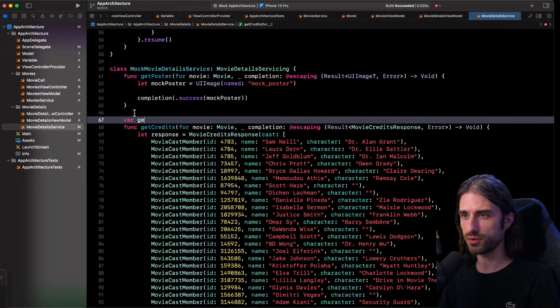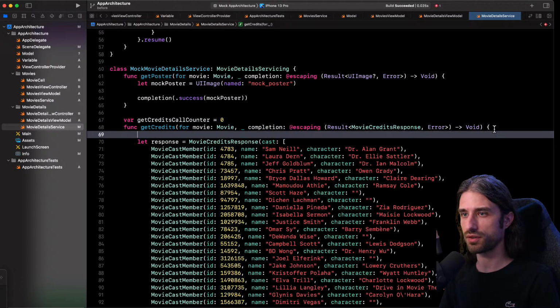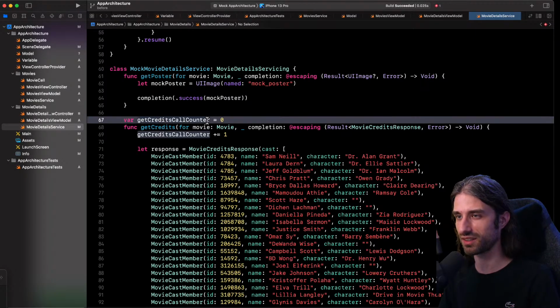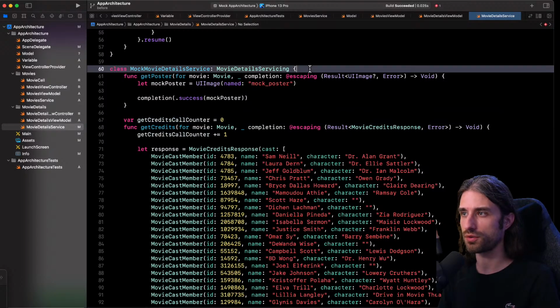So let's implement it. So it's going to be get credits call counter. So we know the drill. It begins at 0, and then first thing inside the method, we increment it. Of course, writing this code by hand is a bit tedious, but there are frameworks, more like tools, code generation tools, like for instance, Sorcery as a template to be able to automatically generate for you mocks with all of these nice extra variables. So I have my call counter for the first method.